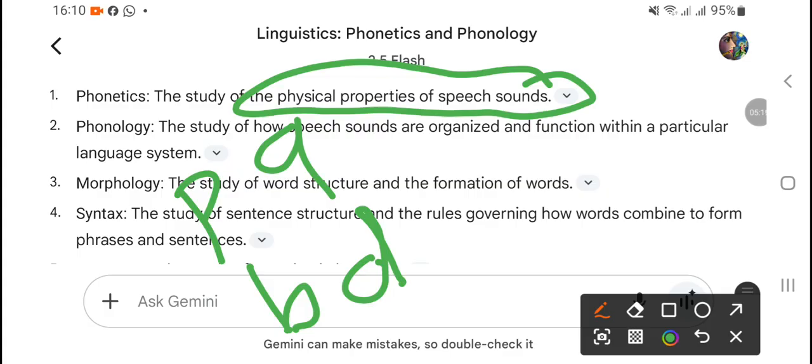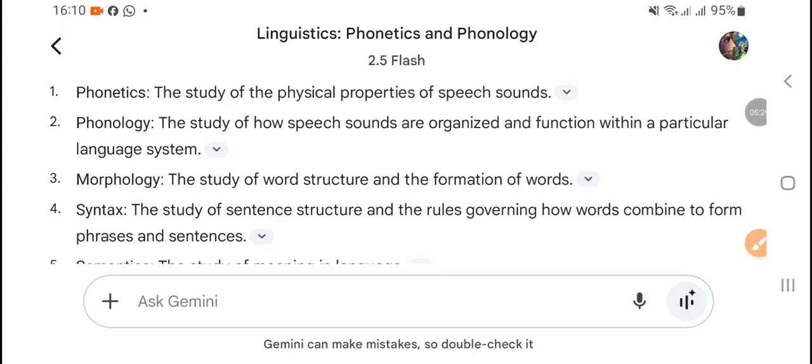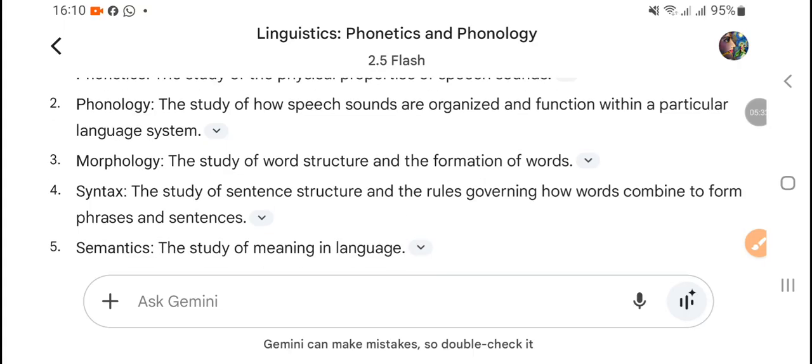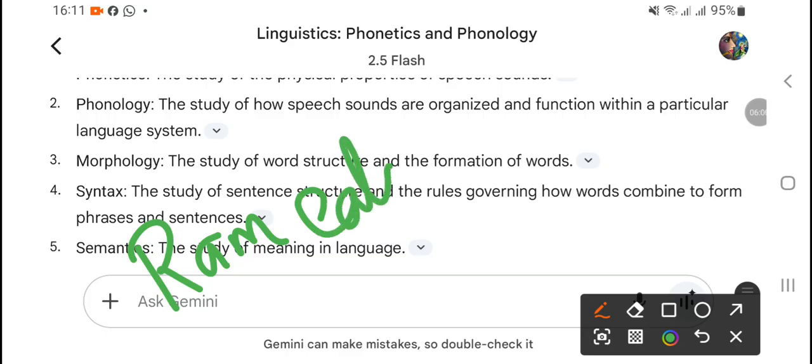So this is the study of physical properties. Here we are discussing physical properties of sound, speech sound. So that comes under phonetics. Phonology, the study of how speech sounds are organized and function within a particular language system. Because if we live in the Hindi belt, we can compare both languages, Hindi and English. So then how speech sounds are organized, a very good example is: Ram eats a mango. Ram eats a mango,